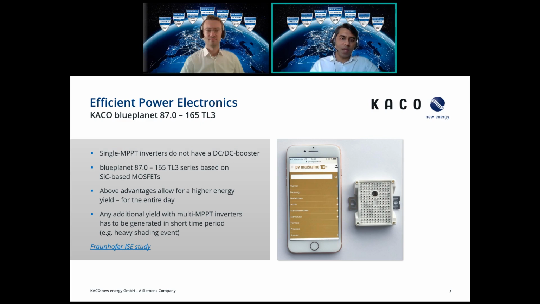gains from multi-MPPT inverters, which are just when you have some near shading or something blocking your module, compared to stable efficiency gains. So these two factors bring out why on a homogeneous plant, on a larger rooftop, on simpler designs, a single MPPT inverter is better compared to a multi-MPPT inverter, which would then be suitable on complex projects with some near shading or some object blocking the modules, or when you have to use different string lengths